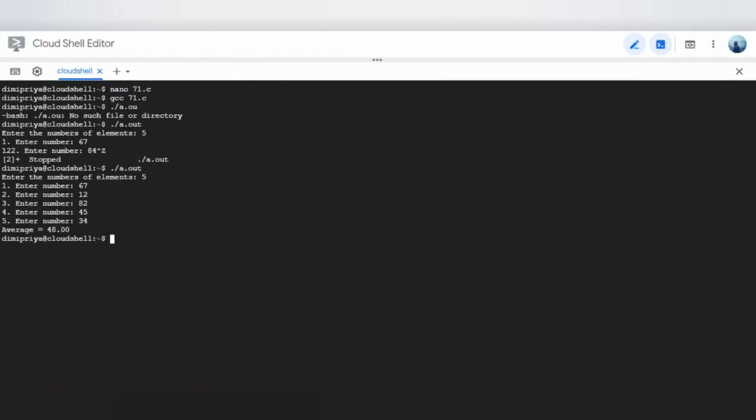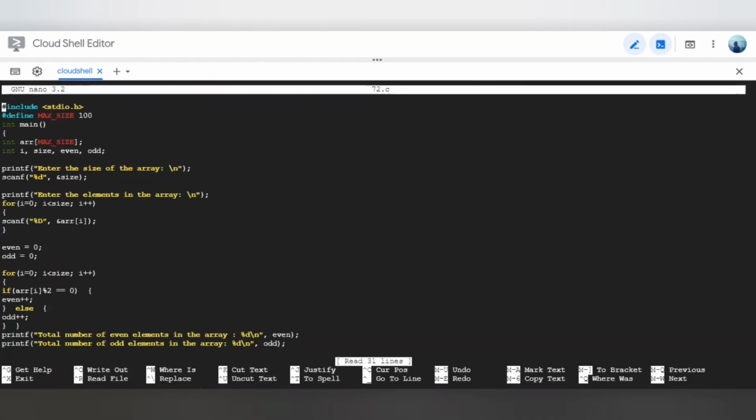Now for the output, this is the same code.